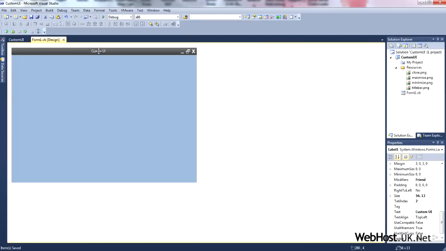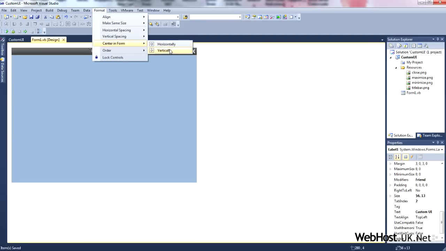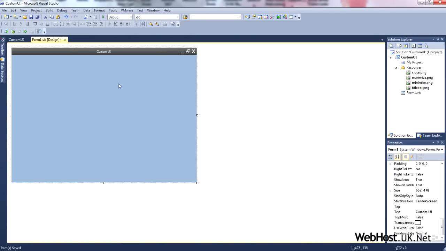And then click on that, go to format, center in form, and this one you want horizontally and vertically. And now it's perfectly in the middle. You can change the font, do whatever. I'm not going to. If you want, you could put a little icon here. I would say put it over here, just like you have up here, if you wanted to, just to make it a little bit more professional. And I keep saying that word, but